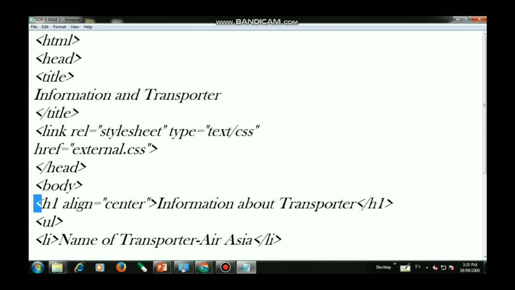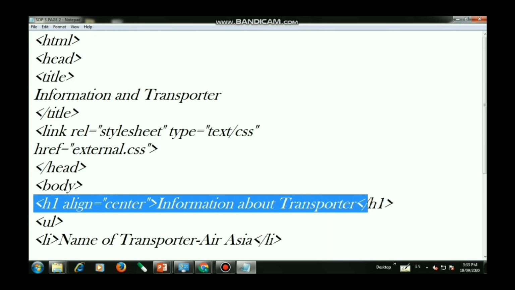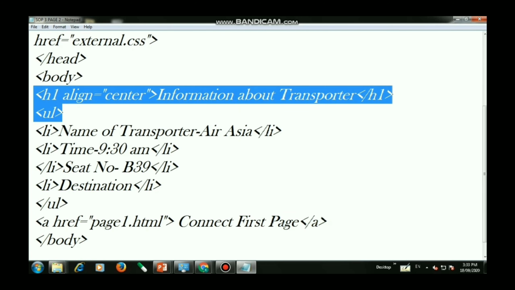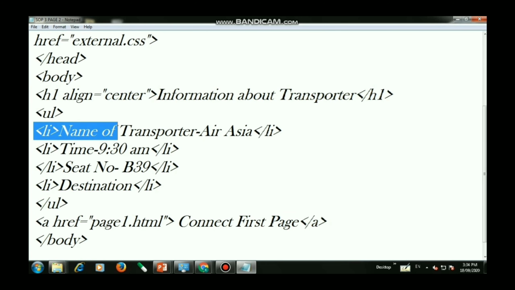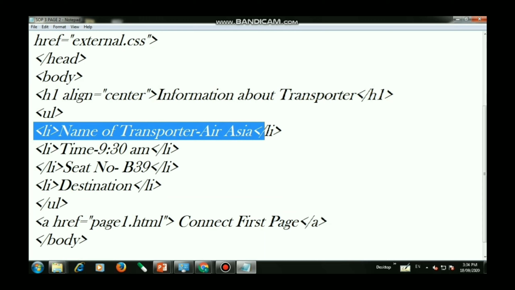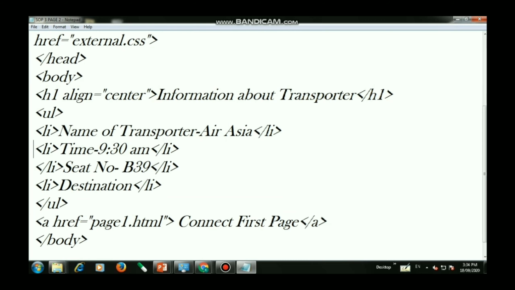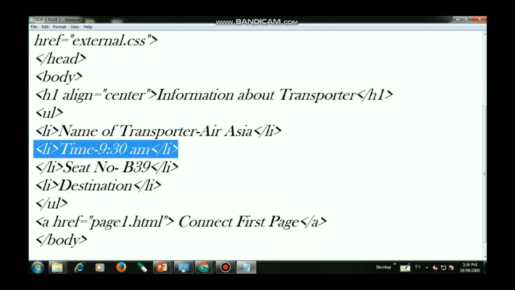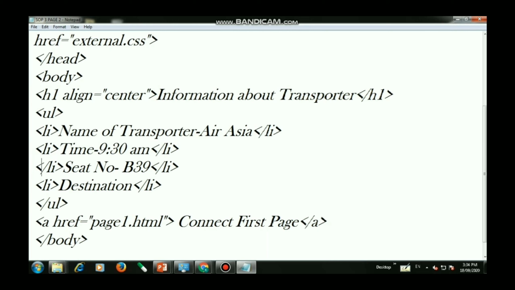On the next step, h1 align equals to center and type information about transporter, then close h1 tag and open the ul tag. And once you open the ul tag, use li tag and type name of transporter AirAsia, close li tag. Do same thing with time, then use li tag and write seat number B39, then close li tag. Then again open the li tag and write destination, then close li tag. On the next step, you have to close ul tag,